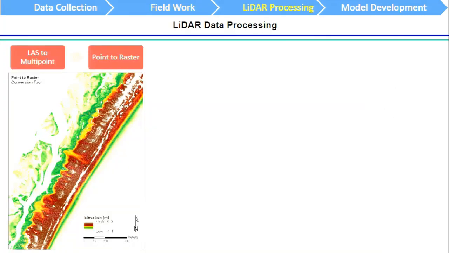So moving on to the LiDAR processing, there are several different ways to interpolate LiDAR data into a digital elevation model. Using ArcGIS, we tested 3 methods and decided on one of those. So the first method we tested was the LAS data was converted into a multi-point, and then the point to raster tool was used to interpolate the data. And this created a decent DEM, but it had a lot of holes